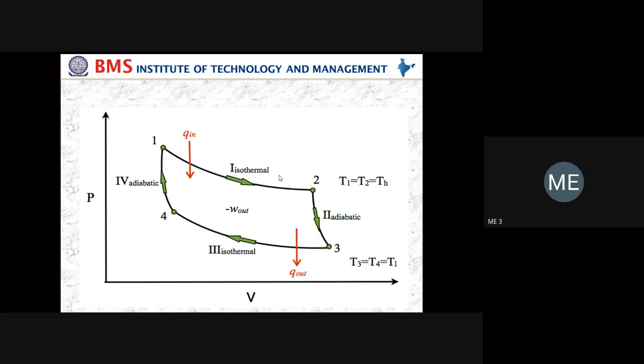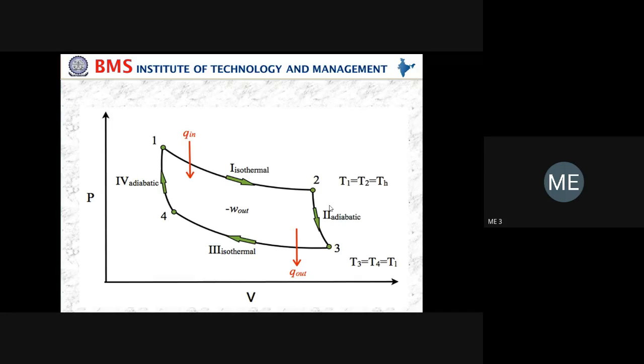Okay, so in order to achieve the isothermal expansion or isothermal compression, the engine has to work at slow speed. Okay, you remember. So in order to attain the constant temperature process, we are having two processes, right? 1 to 2 and 3 to 4. The engine should run at very slow speed to attain the constant temperature condition. On the other hand, we are having the two adiabatic processes: 2 to 3 and 4 to 1.